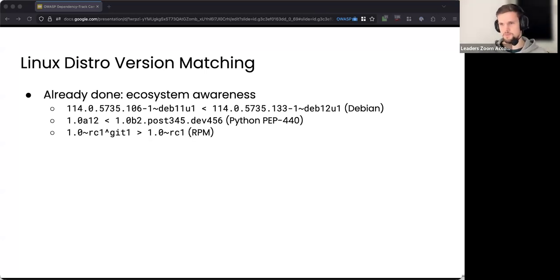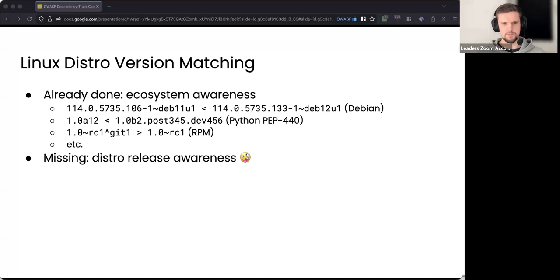RPM packages have a specific algorithm, Maven, NPM, and so on and so forth. We now recognize these patterns based on the package URL type, for example, and apply the correct algorithm to do more precise version comparisons, which should lead to more accurate vulnerability analysis findings.